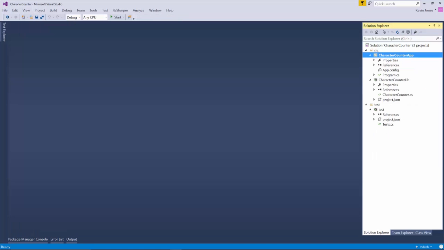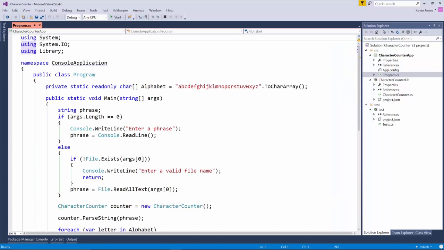So we've referenced the library inside the app. I've changed the app code so that we have exactly the same code as we had previously. So this is my program.cs file from the previous solution. Again, it either takes a command line parameter, which is a file name, or it lets me enter some data on the command line. I've made the app the default project, so I can run it from inside here. So if I go to this and run the application